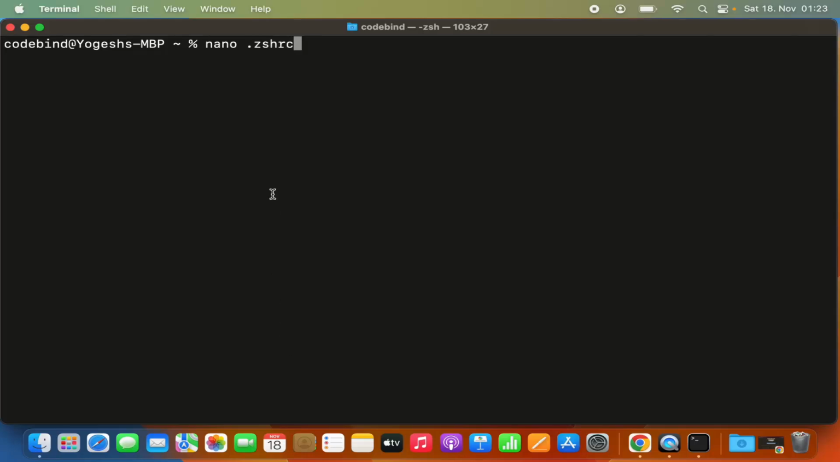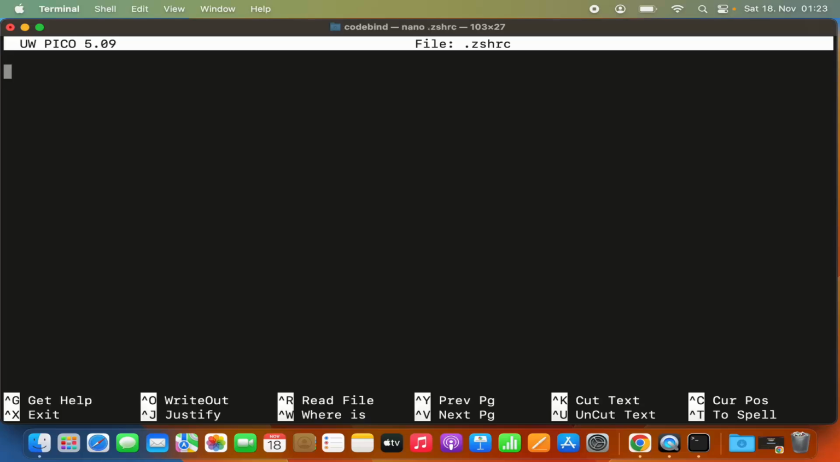So we need to create this .zshrc file and then add the export for the binary directory for the brew. So I'm going to just press enter, which is going to create this .zshrc, and then here just type export space path is equal to